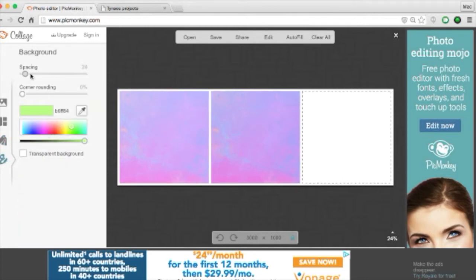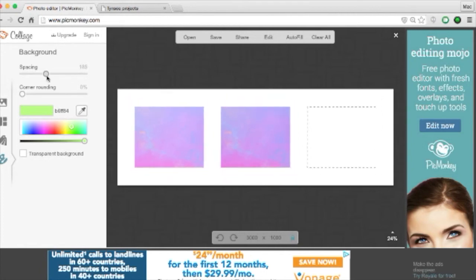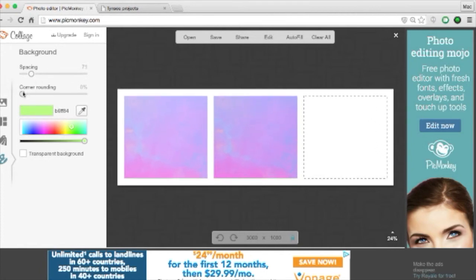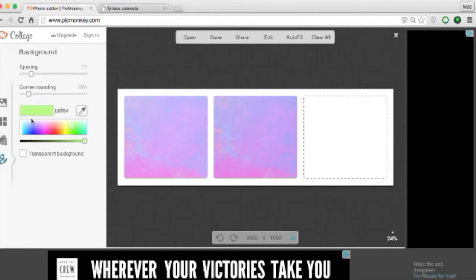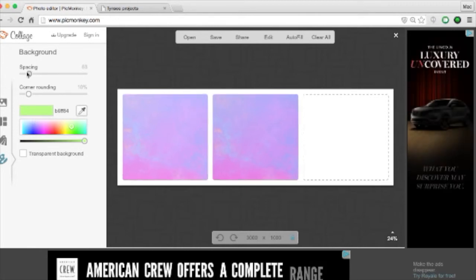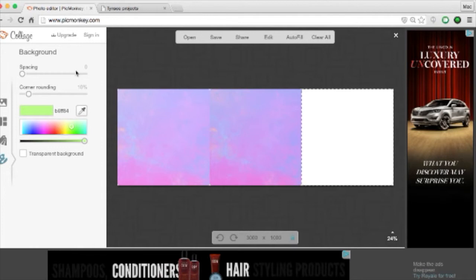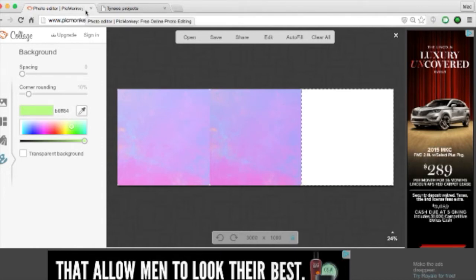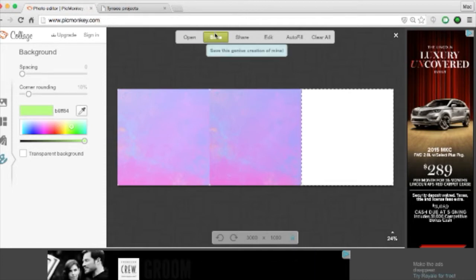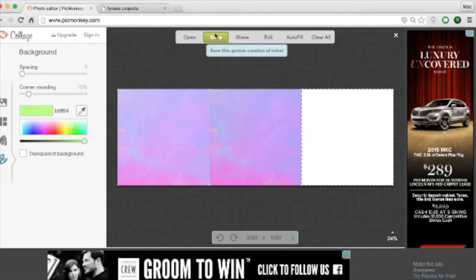Then you can space the pictures out once you make them. You can round the corners. That's what I did with mine. I rounded the corners, but I didn't use a background color. I just left it like that, and I rounded the corners a little bit, and I kept the pictures closer together. So I kept the spacing like this because that's the effect I was going for. So once all that's done, you click save and save it where you can find it. Once that's done,